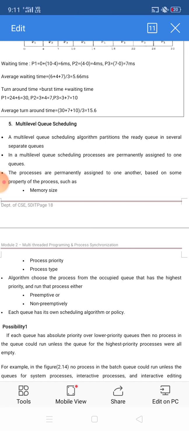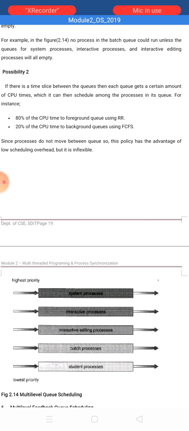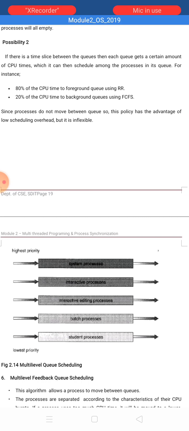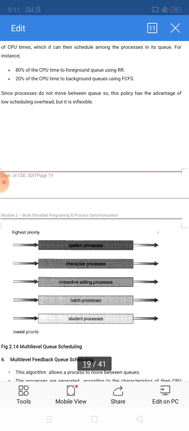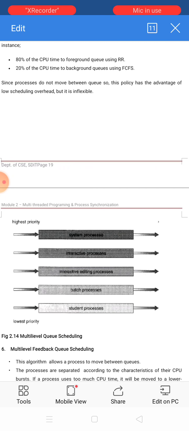What happens in the multi-level queue scheduling algorithm is that it is going to partition this ready queue only. In the ready queue you'll be having the processes that are ready to execute. So this ready queue will be partitioned into separate queues. You can see here you have separate queues, like one queue for system processes. In this queue you are going to have the processes related to the system, and you have another queue which has the processes related to interactive operations, then interactive editing, batch processes, and the last queue is going to have student related processes.